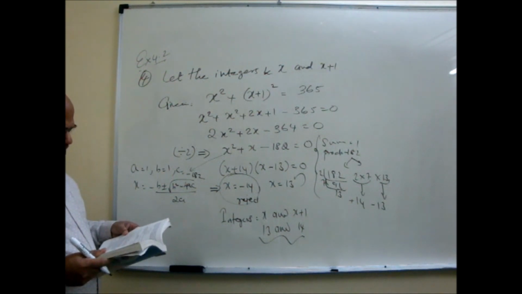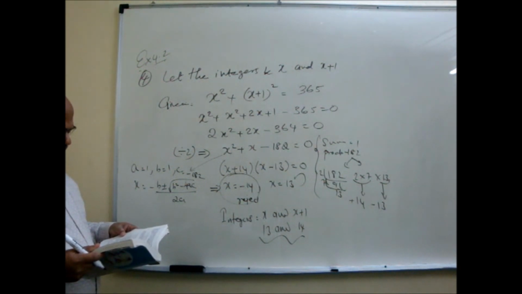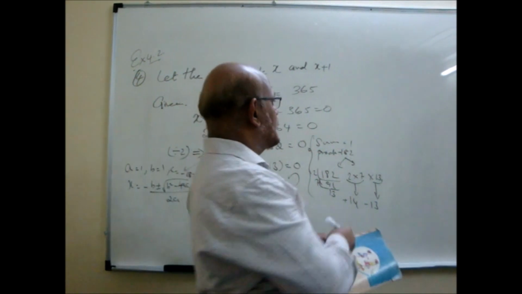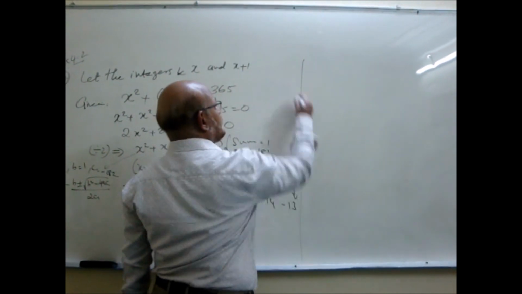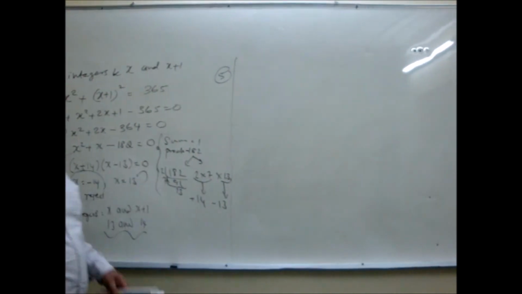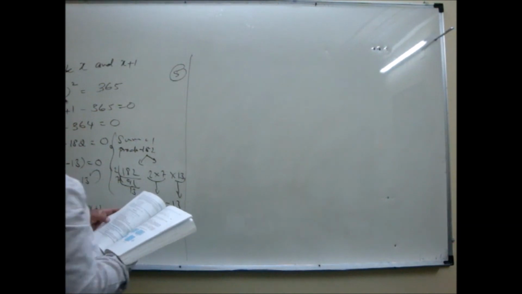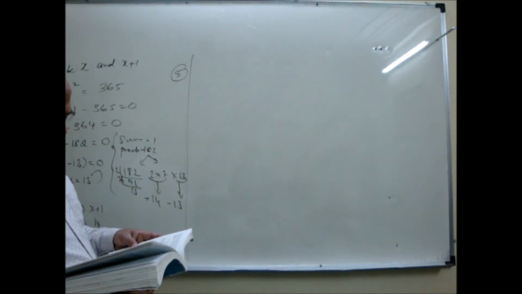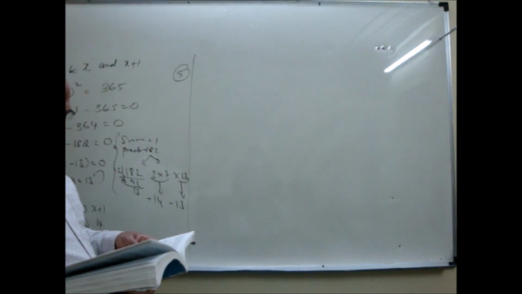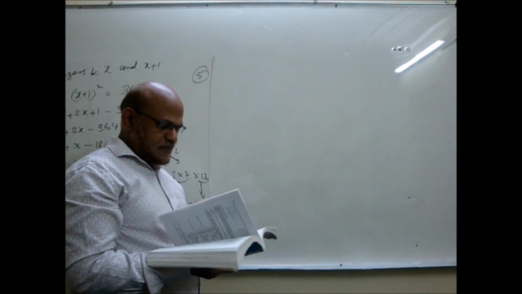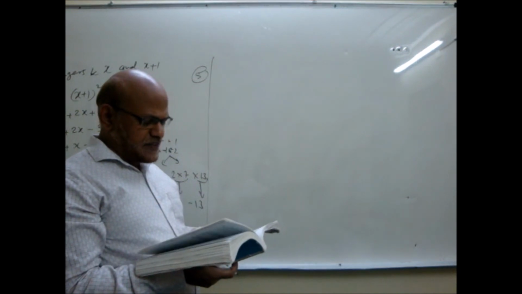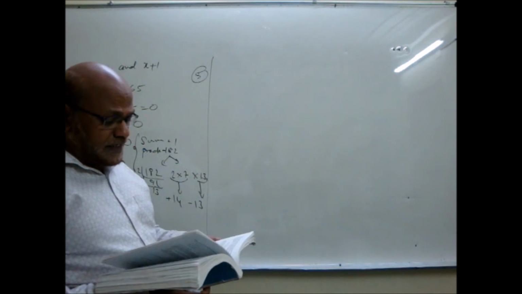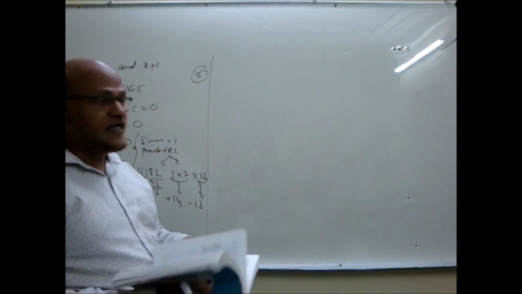Then the remaining sums are simple, very easy to do. One or two, I just give a start, then you do the remaining part of it. Go to question number 5. Question number 3 you do yourself. Question number 5 you have to do. The altitude of a right triangle is 7 centimeter less than its base, and if the hypotenuse is 13 centimeter, find the other two sides. They say like that. So the altitude is 7 centimeter less than the base.